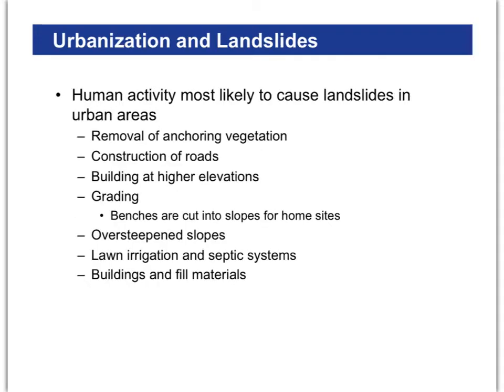So like I mentioned before, anytime we remove vegetation, now we did mention in the first section that vegetation can add weight, but it does have a benefit as well, and that is the roots act like anchors. So we remove vegetation, large or small, you increase the incidence of landslide possibility. Like I mentioned, roads interrupt drainage and also cut into hillsides, increasing that possibility. The more we build at higher elevations where there's a greater relief, that is difference in high and low areas, you're putting people in harm's way.